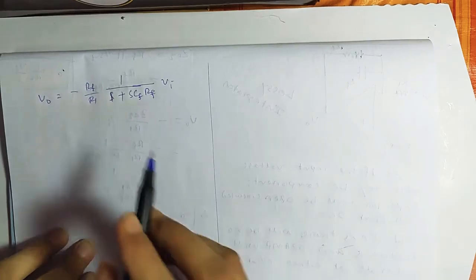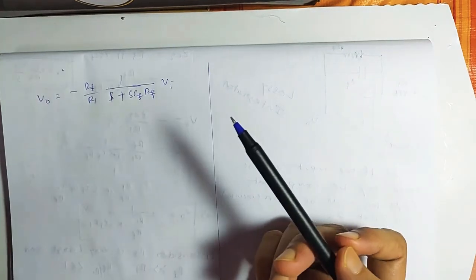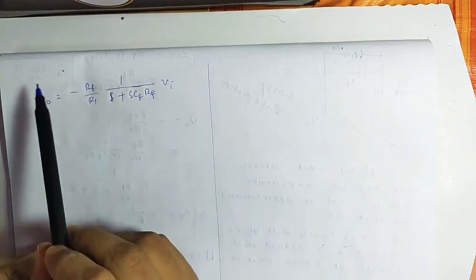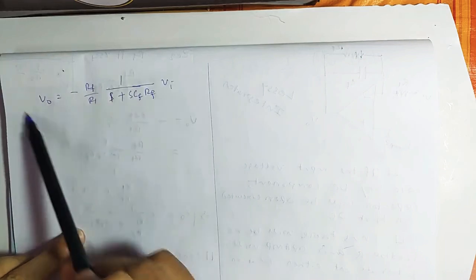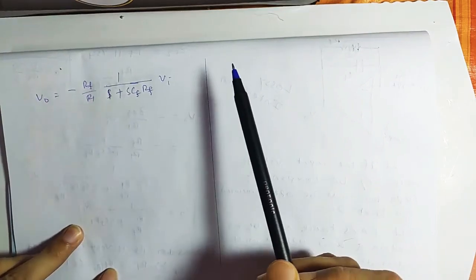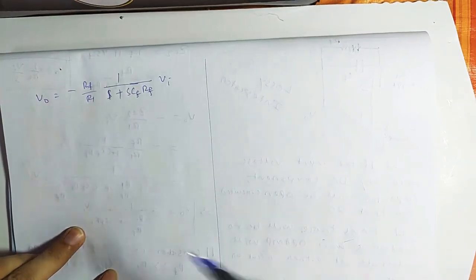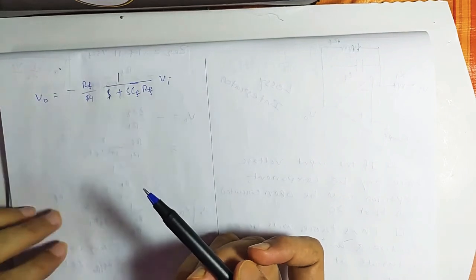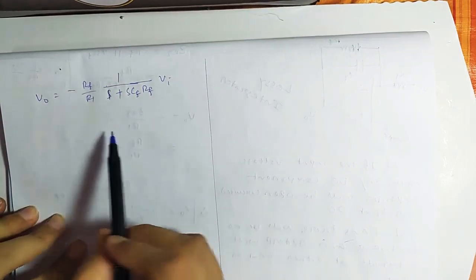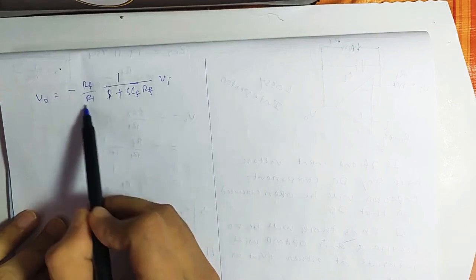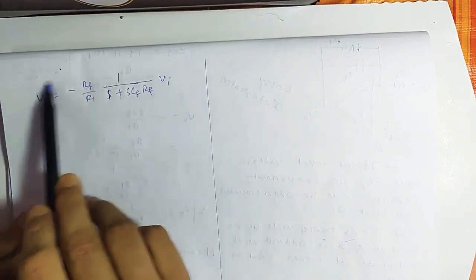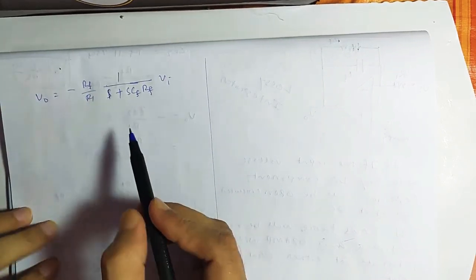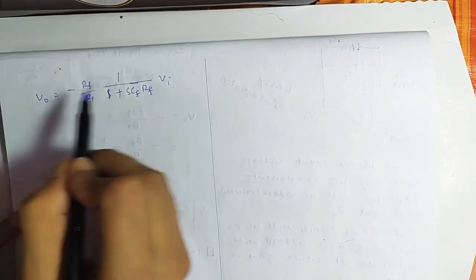However, the previous analysis was the approximate analysis. In this case, we'll do a more exact analysis, and we'll discuss what the frequency response of this output will be in this section. So that was the expression, output equals minus RF by R. The actual expression was this, and from this you can find the gain, output by input, of this integrator.